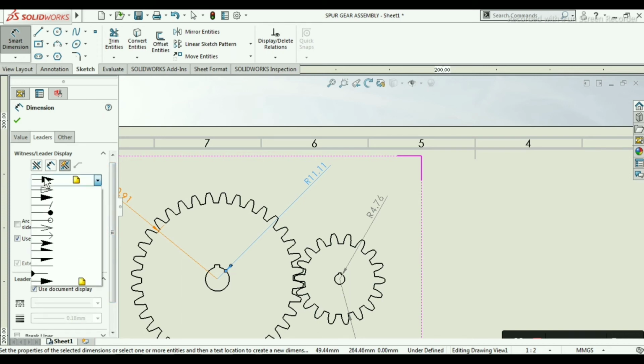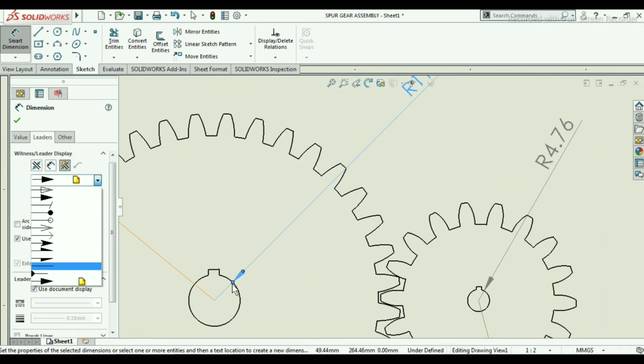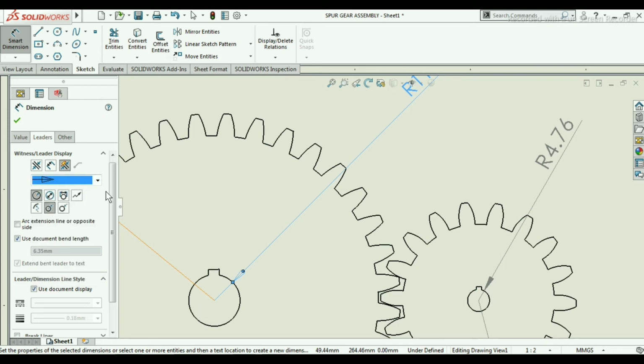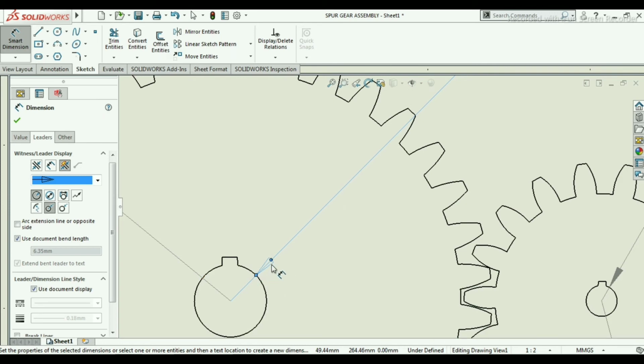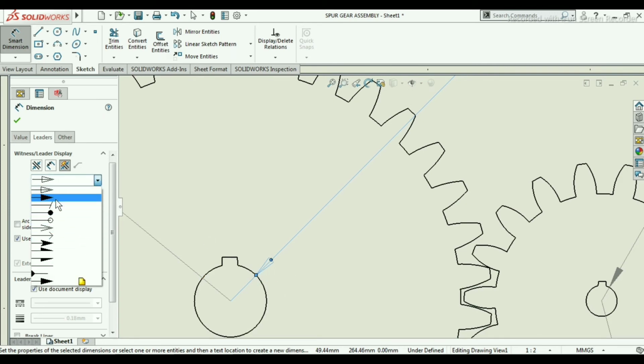That is leader style, this one is the style for the arrow. So see, I am selecting this different arrow, and here the arrow is changing. So I am selecting this arrow.